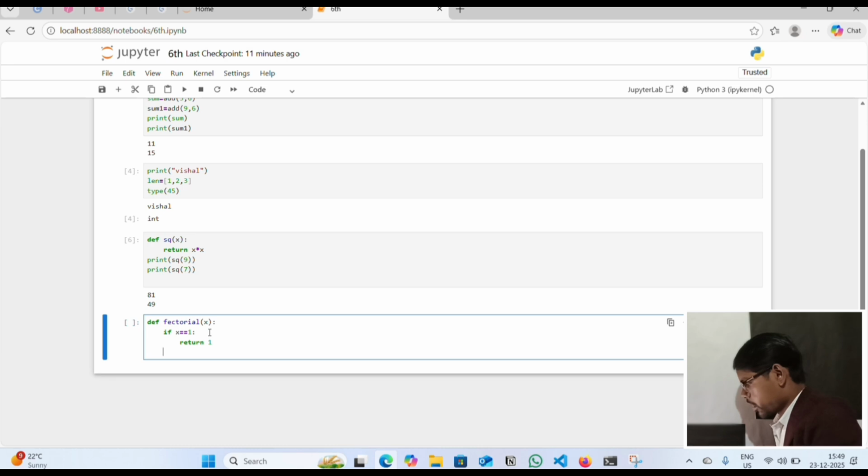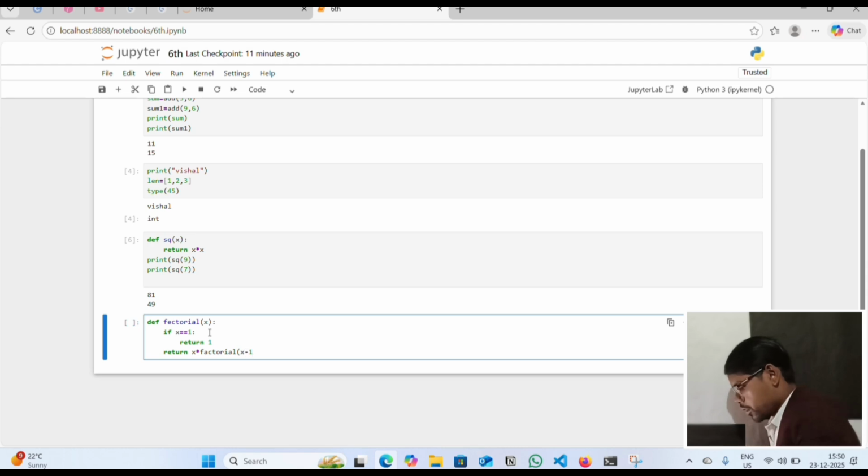Otherwise, return x multiply factorial of x minus 1.